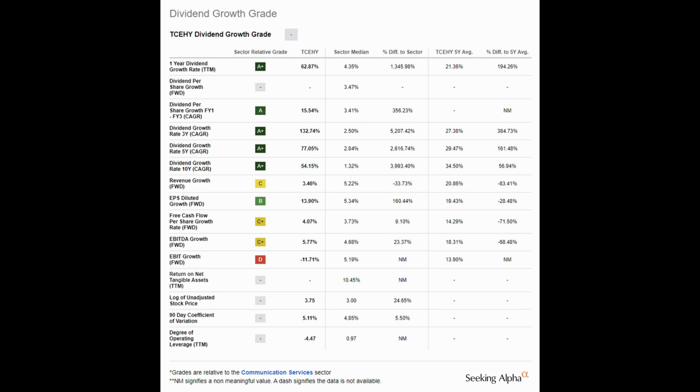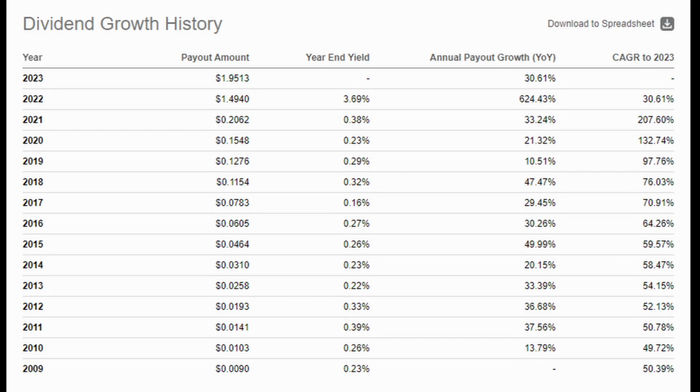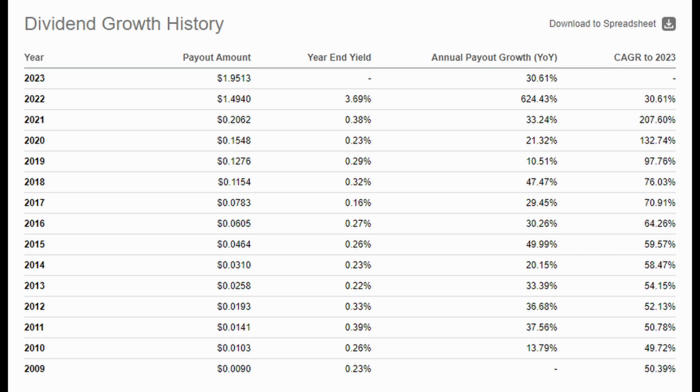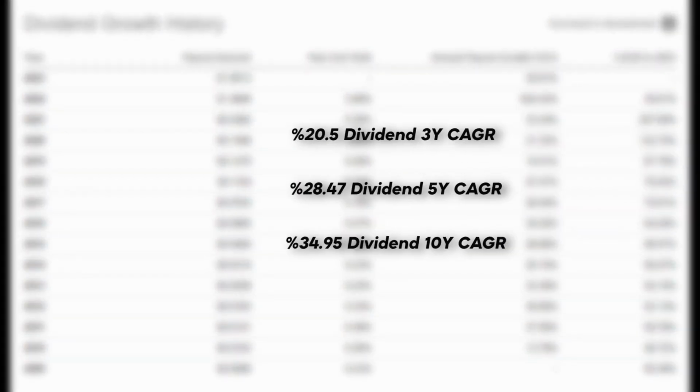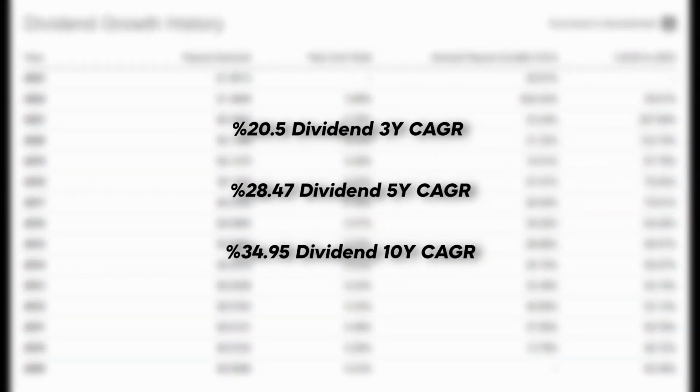Despite the spiked dividend growth numbers, real numbers are almost as exciting. If we were to calculate the 3, 5, and 10-year CAGRs pre-2020, we would have the following rates: 20.5% for 3 years, 28.47% for the 5-year, and 34.95% for the 10 years. With the numbers we have, we can make modest scenario investment calculations. Here, we assume a 10-year holding period for our